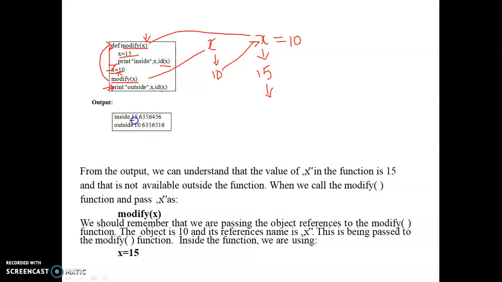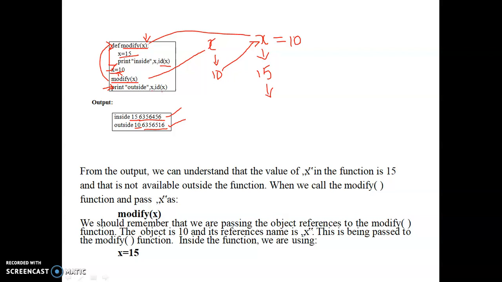Inside the function, the x value is 15 and the address is this. Outside, the x value is 10 and this is the address. These two are different addresses. Even though the name is the same, the addresses are different, so you can understand that pass by value is nothing but creating two variables with the same name at different addresses.